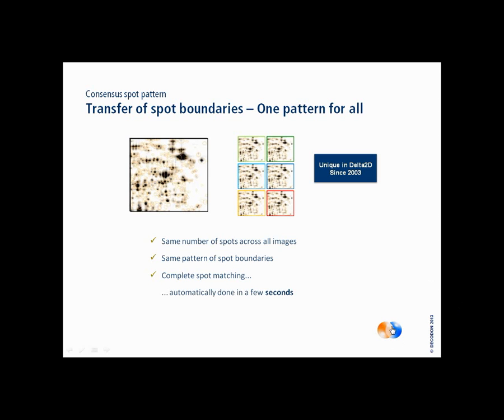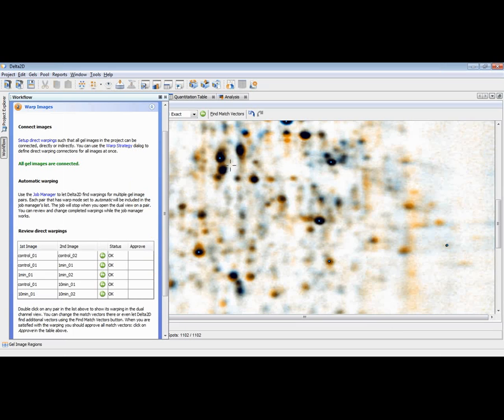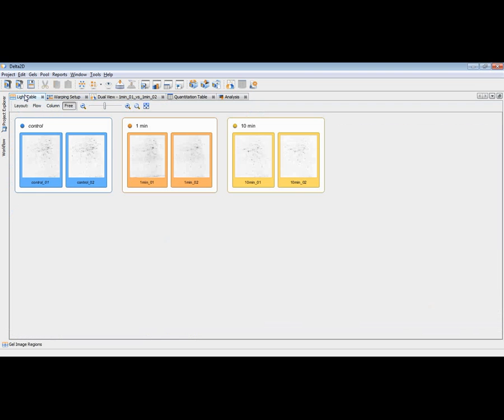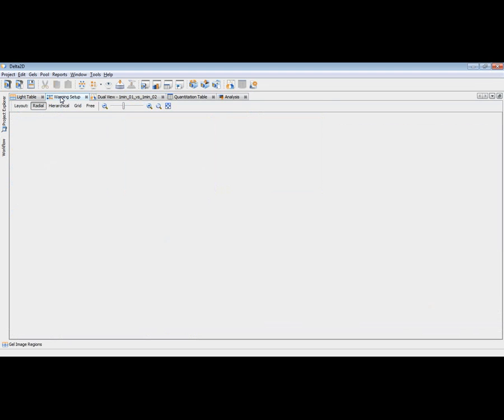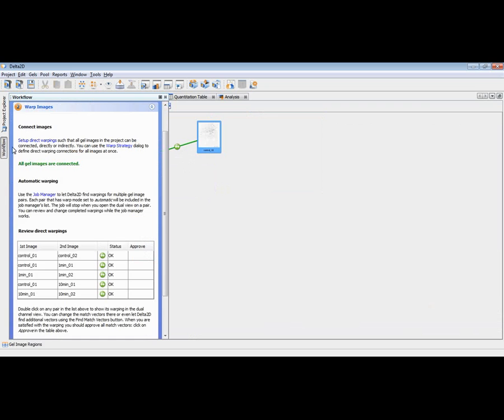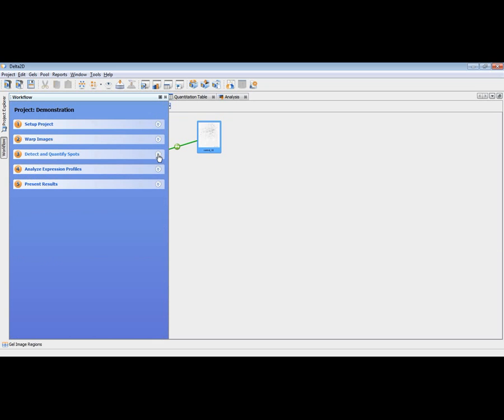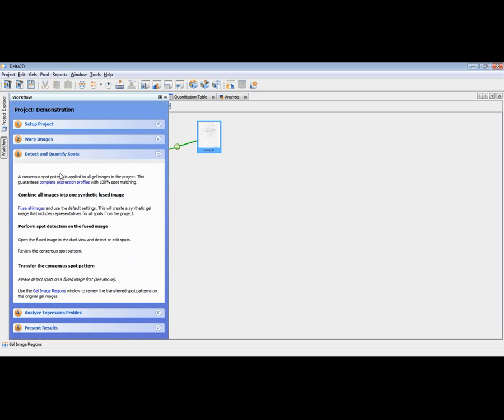Let me show this in Delta 2D. In Delta 2D, we have seen in the light table already that these images are grouped. We have warped them, and assuming that the warping is fine, we can now fuse them. Let me click on the fuse images button, or let's choose the workflow and switch to step 3, where we have access to fuse all images feature,